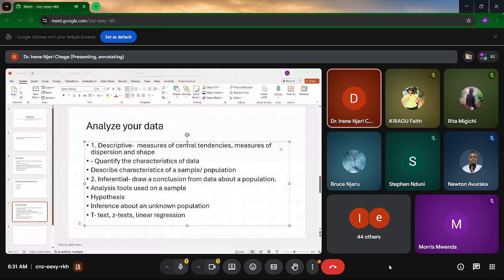So we have stratified sampling. No, he's told us probability sampling as